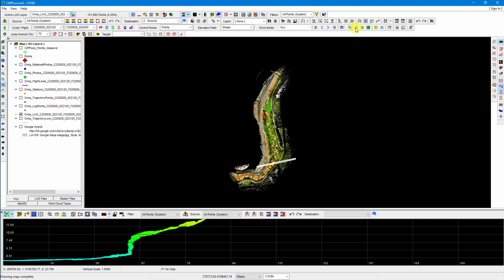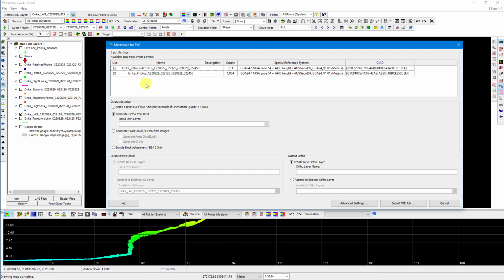So there's a Metashape export package, and there's an ortho photo from package. We don't need these two. We should be able to just run it straight and direct, so they're a bit of a legacy issue. So remember, we send out our aerial photos, so we're only interested in the retained photos. That gives us 783 to work from,